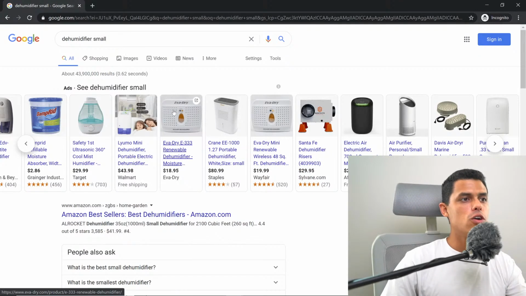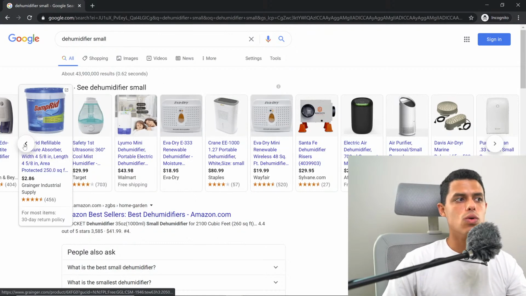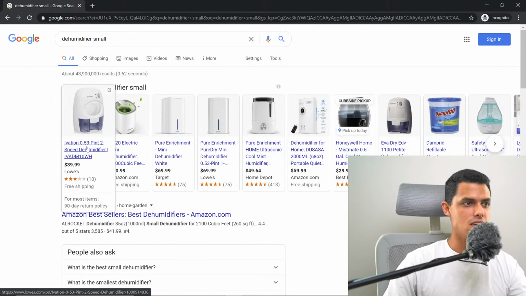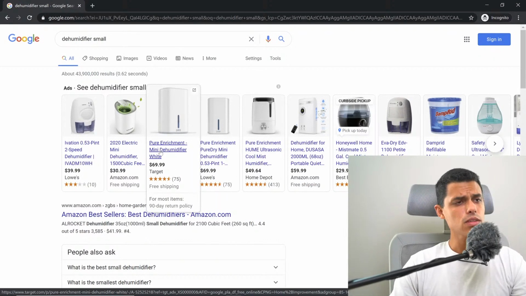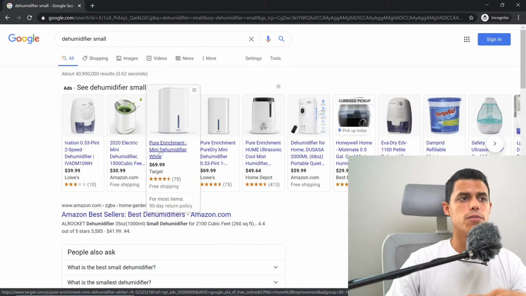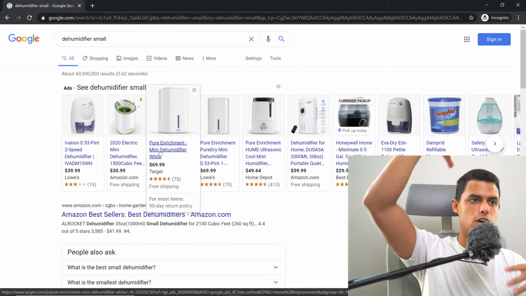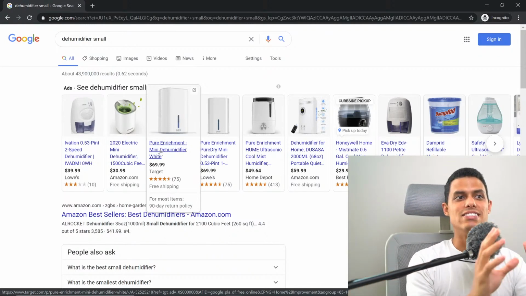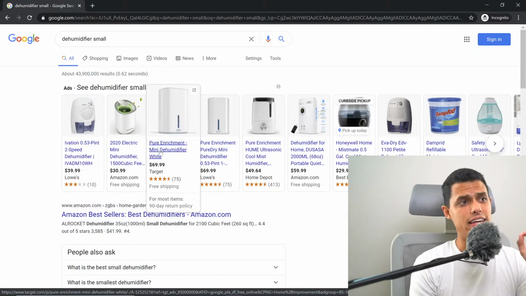If we think about potential competitors, we don't want to look for this specific one that we're seeing here, the Evasion, the Pure Enrichment, or whatever competitor we're trying to look for. We want to go even further. We want to go on top of this specific product and look for similar products that are not the same, and actually get